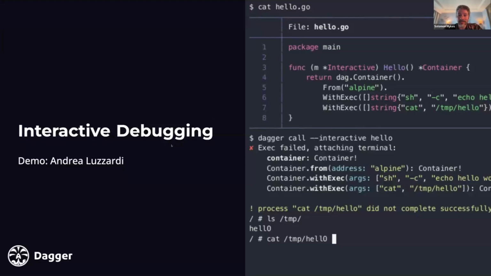Okay. So that was interactive debugging. And it really adds a delightful twist to the day-to-day process of using Dagger. When you use Dagger a lot, it just comes in, it's just magical. Anyway,